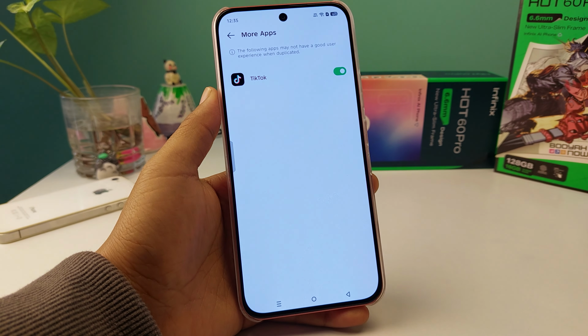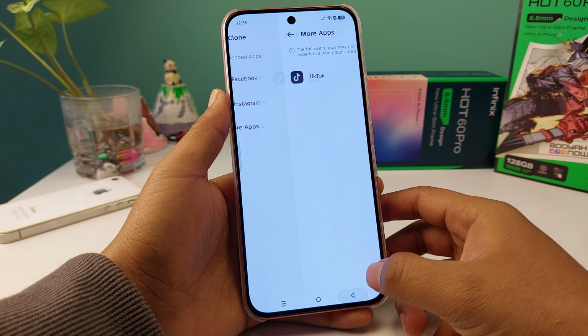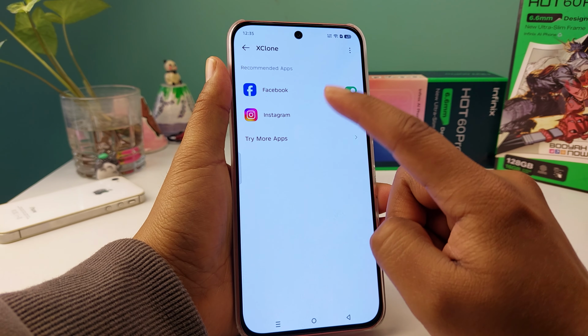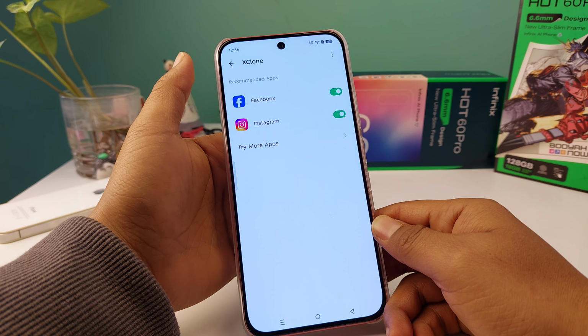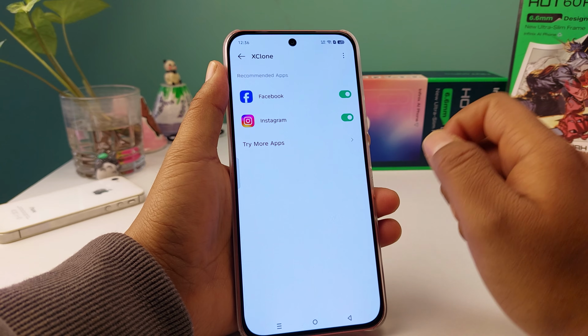Not a lot of applications can be cloned using parallel space like this. This is given by XClone, which is by XOS from Infinix. This application, the XClone, is built into Infinix itself. That's why this is like the safest